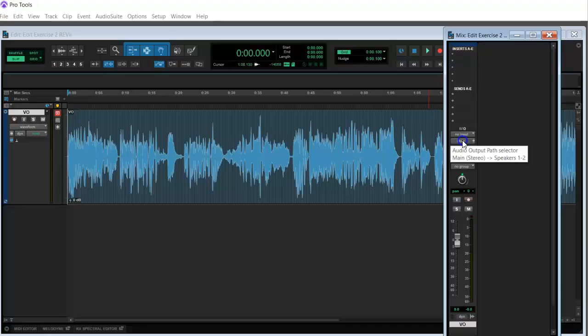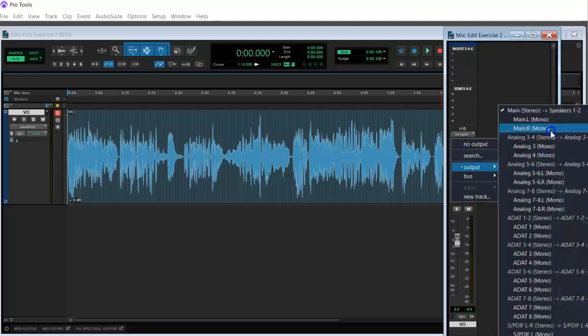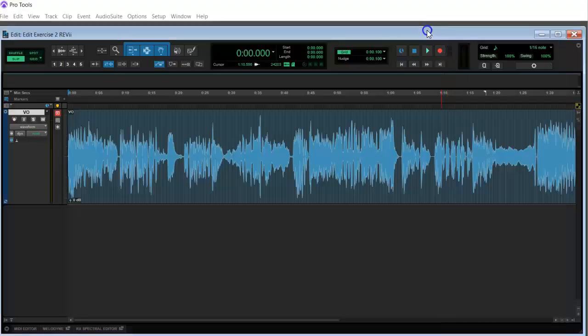If you don't hear any audio, you will need to check that playback engine out, but if that's still not the case, you may need to fool around with the output section on yours. It might be main, it might be output 1-2, but what you're looking for is usually the one that has a little speaker icon next to it, and that should work. But let's go ahead and hit the enter key and then spacebar and give this a listen.